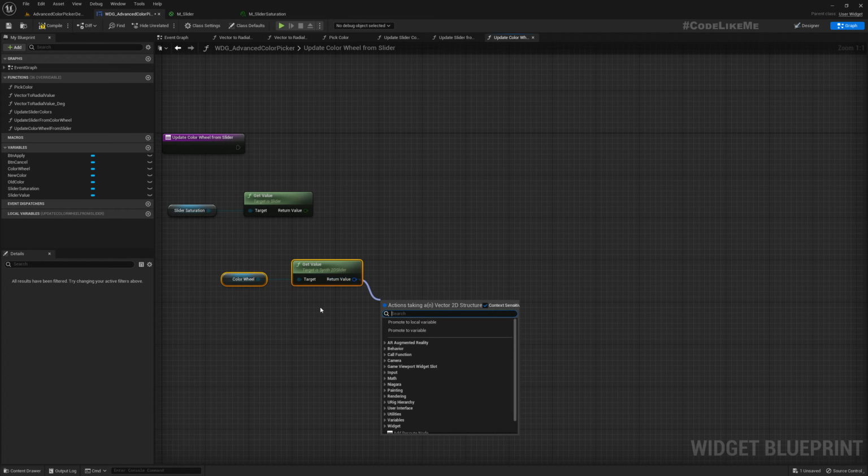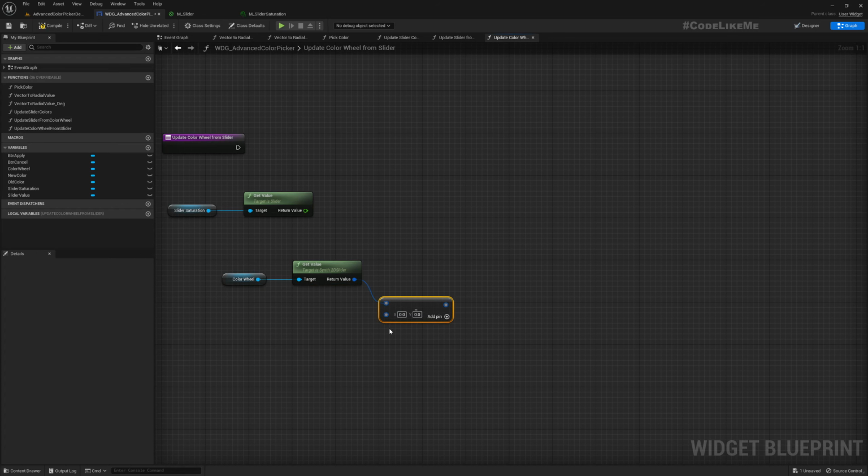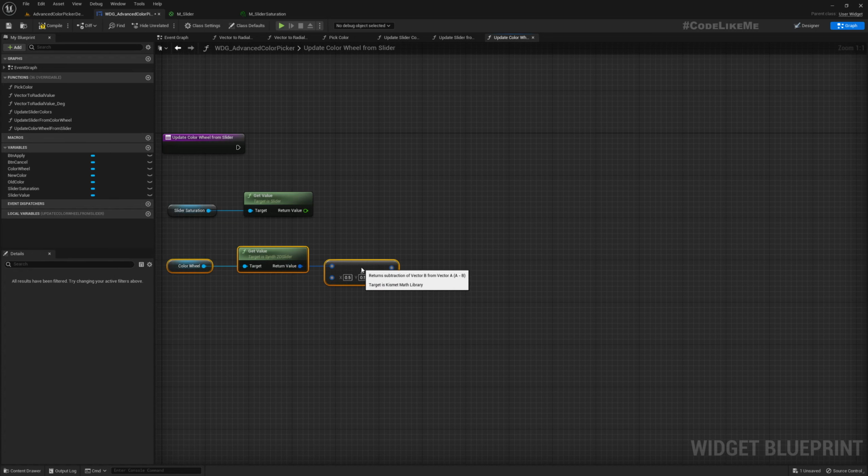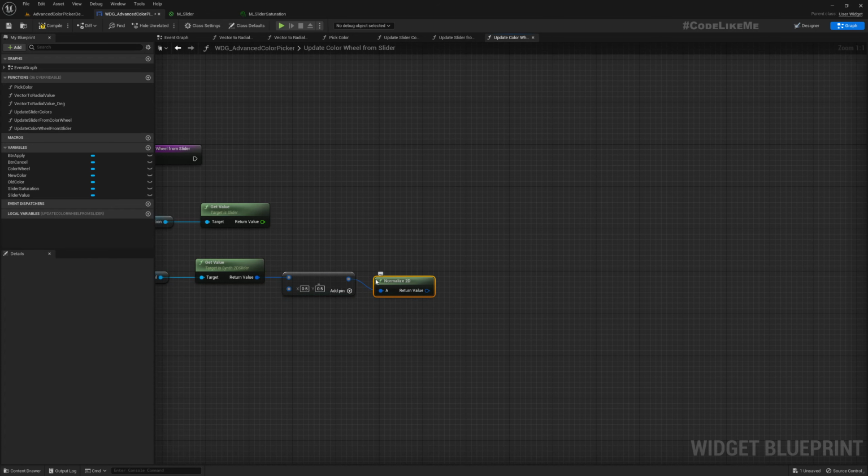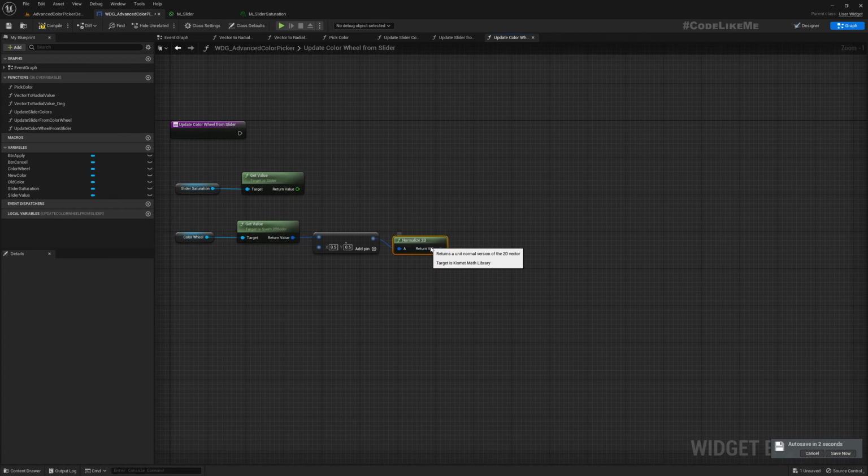So if I subtract 0.5 by 0.5 from here and then normalize this and then multiply it with this value,